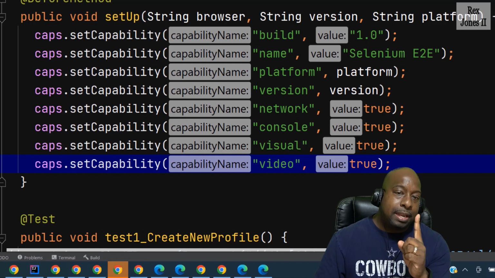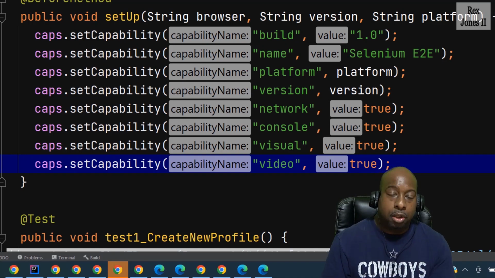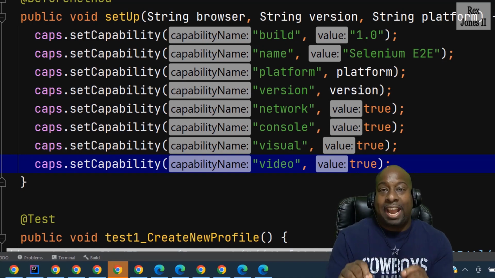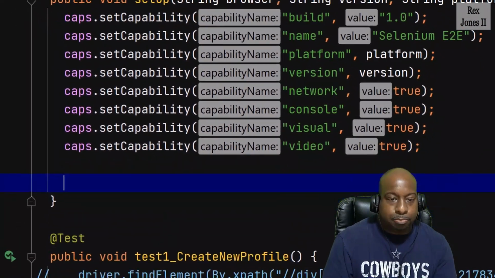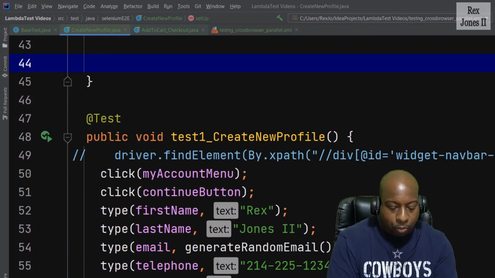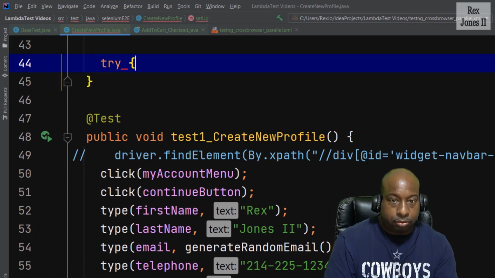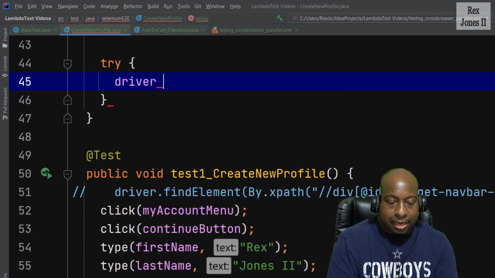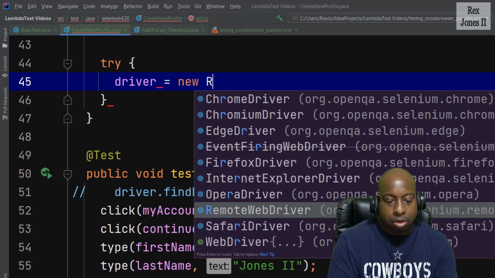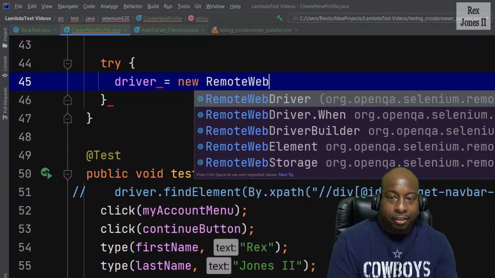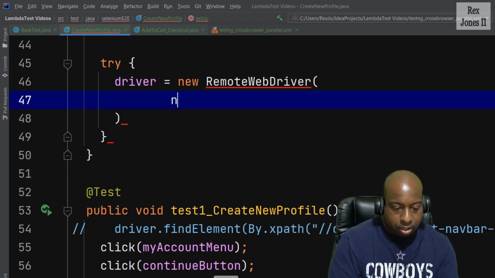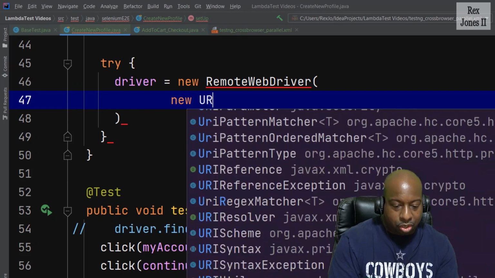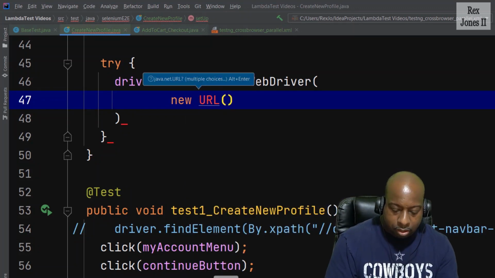Now, there is one more thing before running on the grid. We must implement a try-catch block for remote WebDriver. So now, let's implement the try-catch block. And we start by writing try. Then instantiate driver equals new remote WebDriver. And we're going to pass in new URL and